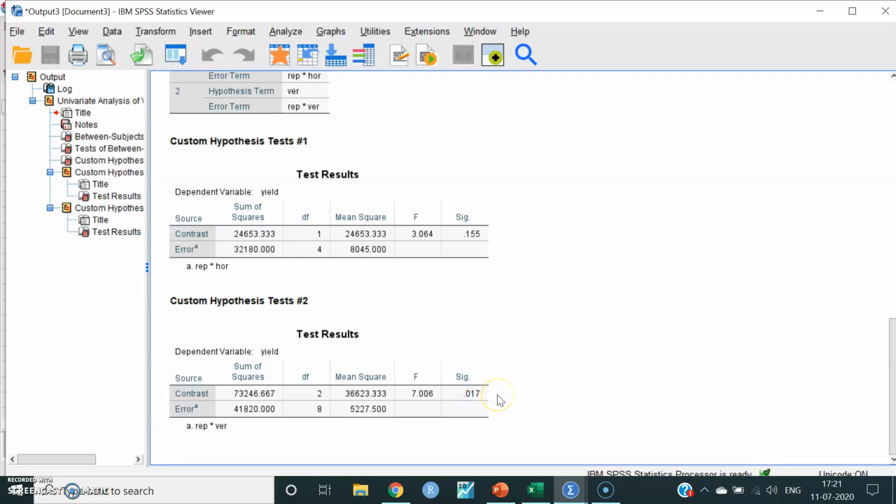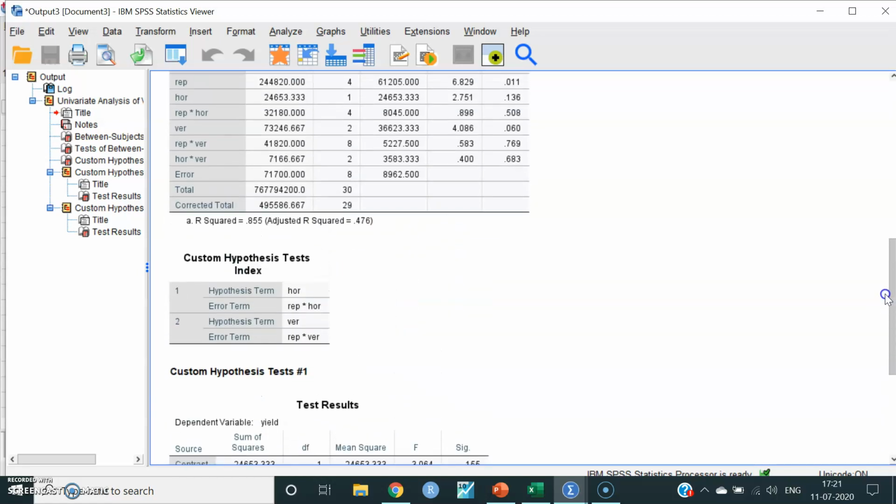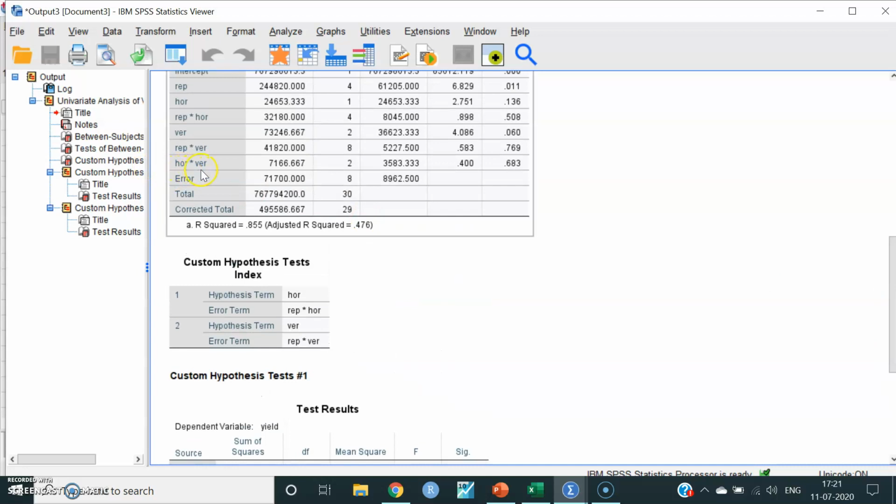So, the vertical factor is significant at the 5% level of significance, but the horizontal factor is not significant at the 5% level of significance. Coming to the interaction, that is horizontal into vertical, it is non-significant at the 5% level of significance because its probability value is greater than 0.05.